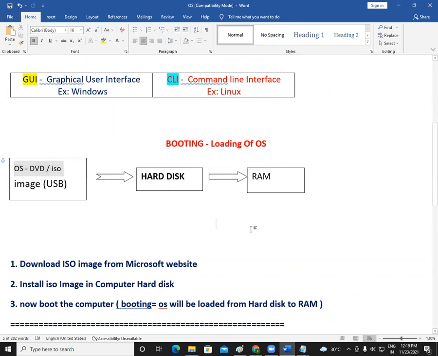So please take your time here, 30 seconds. This is a very, very important part of your career to understand how the operating systems are working, how the operating systems are loaded, where they come from, where to download them. We need to understand all these things carefully. So please take 30 seconds just to revise everything. If you have any doubts, then hopefully we can clear everything, then we can move to the next part.